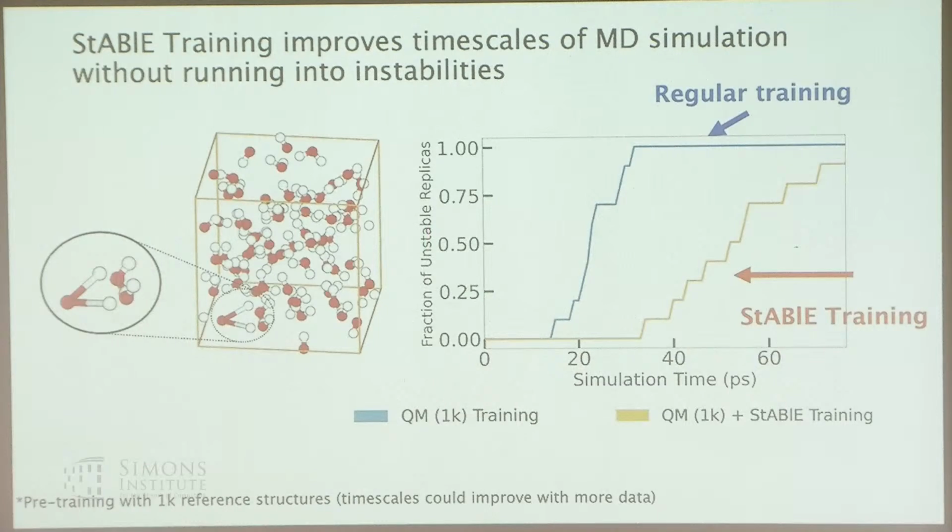Another example here is our favorite water system. In this case, you might have these local instabilities. On the x-axis, you have the simulation time, and ideally you want that time to stretch further and further out. We only did this with 1K training data, so you could definitely train a really powerful potential that will push the boundaries further. And then you could still do this type of training on top of that when you run into those instabilities as you're running this for thousands and thousands of time steps.